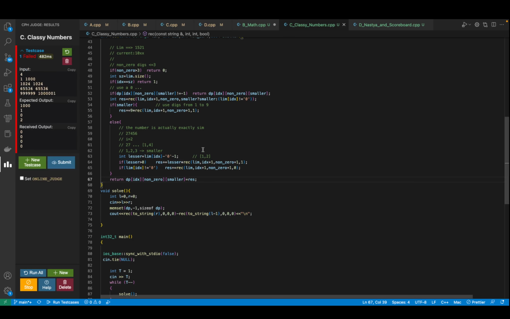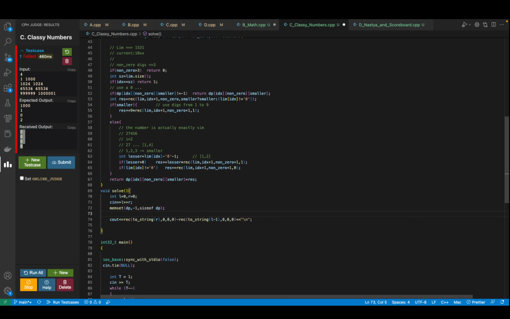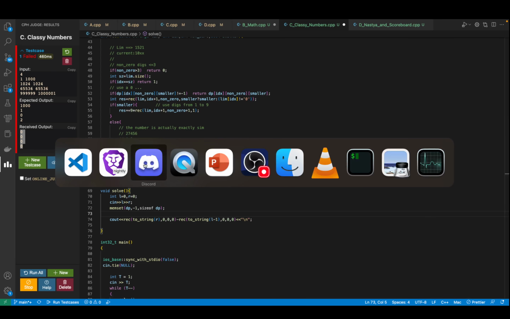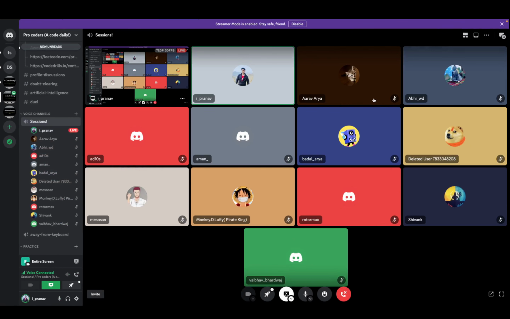Okay, so we are getting a weird error. I don't know why. Let's see. Okay, so I was saying if idx, non-zero, smaller is not equal to -1, then I need to return this. Okay, got it. So yeah, a good catch over here as well. The reason I got stuck is because I hadn't practiced this question before the session.